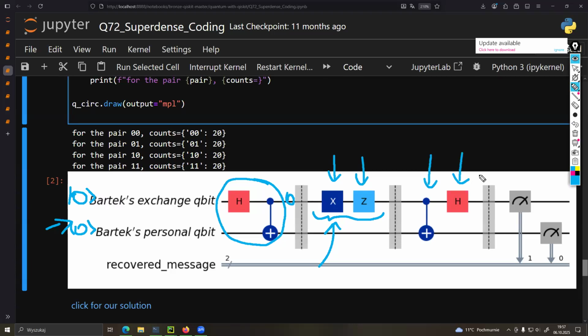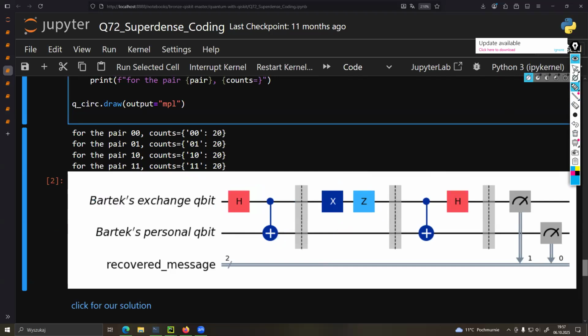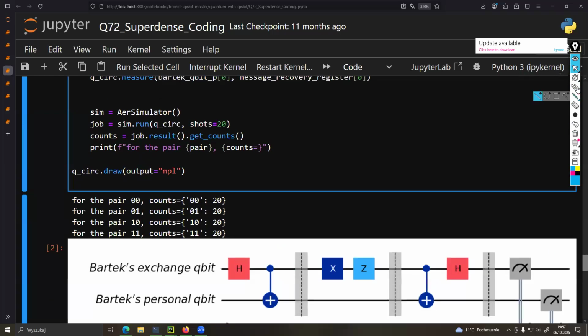And now what I do is I recover this combination of bits, let's say this state, and this actually makes sense if you think about it. Why do I have a 1 1 after X and Z? Recall that what we have when we have a single qubit,